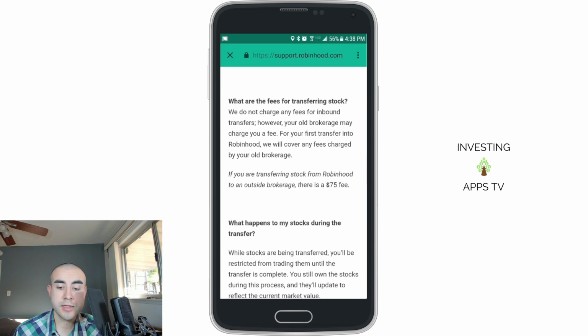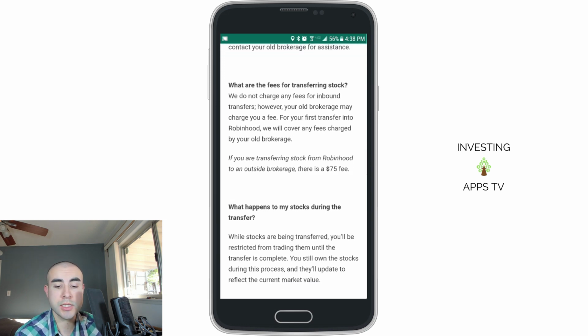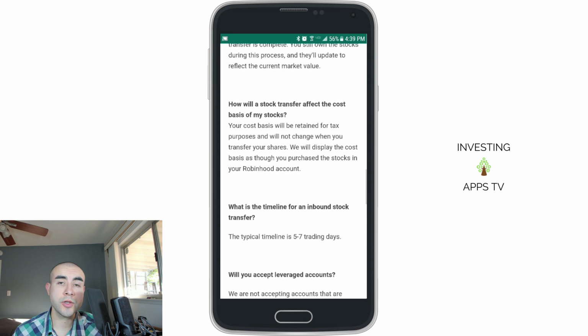They're giving you an incentive if you want to transfer your stocks into Robinhood and your other brokerage charges you a fee. Robinhood will cover the fee for the first time you transfer from your old brokerage. And also, like I mentioned earlier, one of the reasons to transfer your stock into your Robinhood account, as opposed to closing out your other brokerage, selling your stocks and then taking that cash and buying back the same stocks in Robinhood, is because if you read this here,